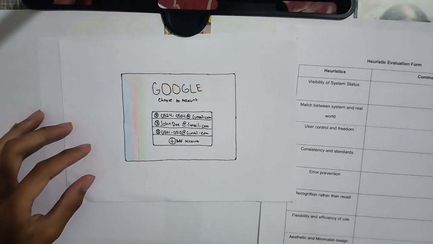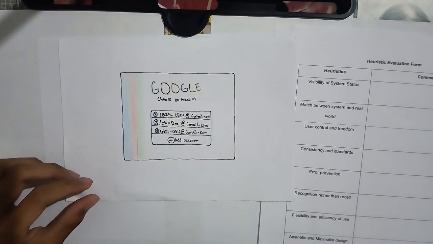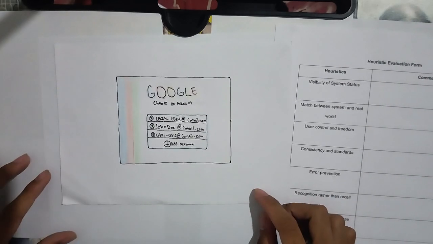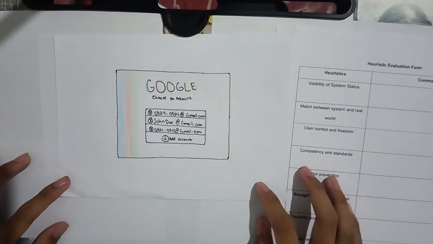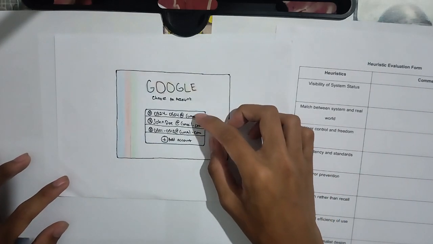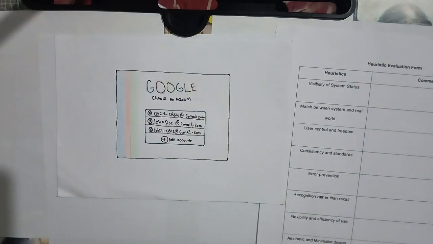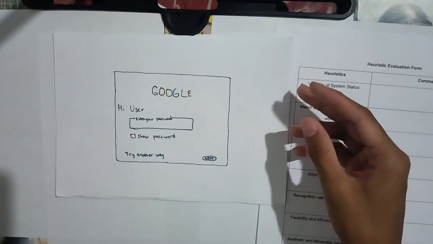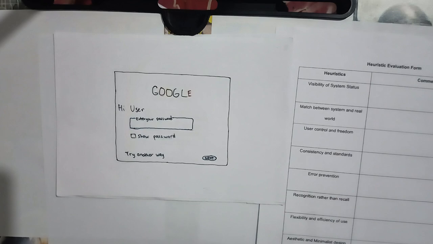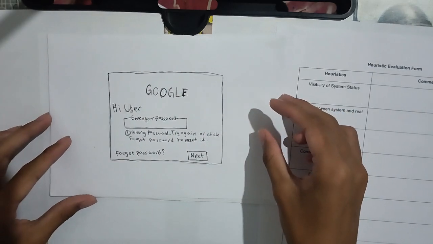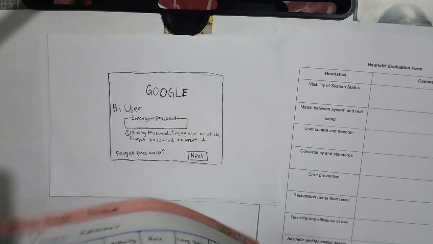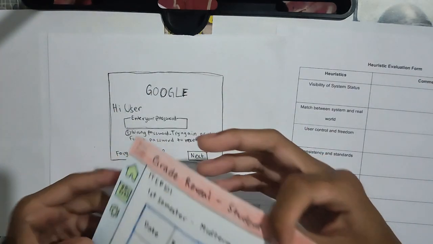Now let's proceed in performing the heuristic evaluation of the prototype called Grade Reveal. This is the first interface that we'll get. We can log into the accounts given, or we can add a new account. If we click any of these or add another account, we will get into this interface where we will enter the user password, and this is the interface we get if we enter the wrong password.